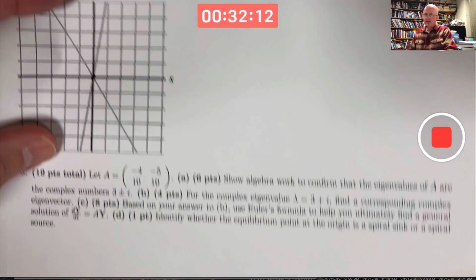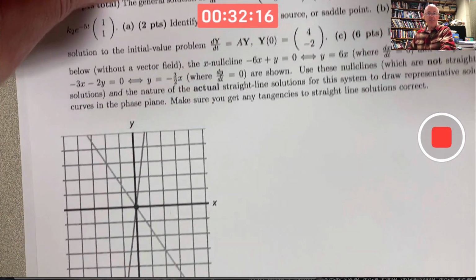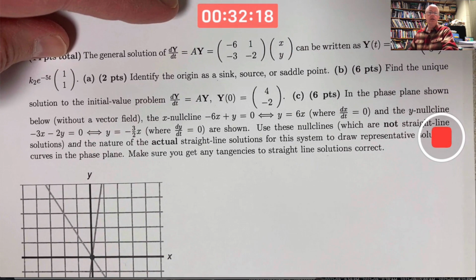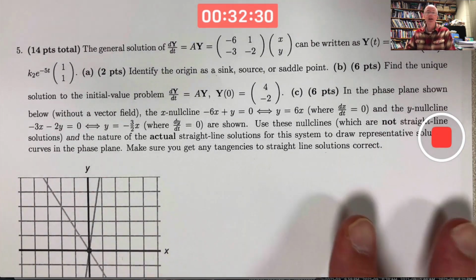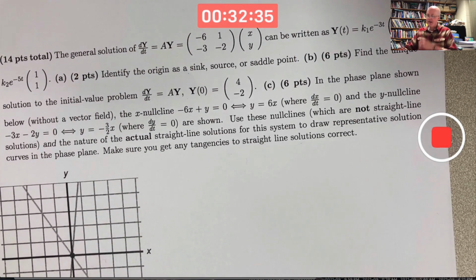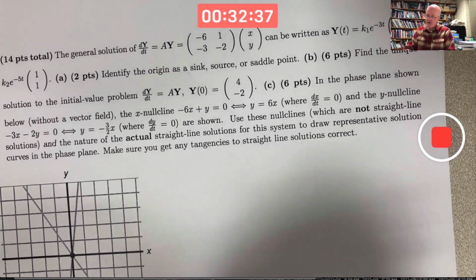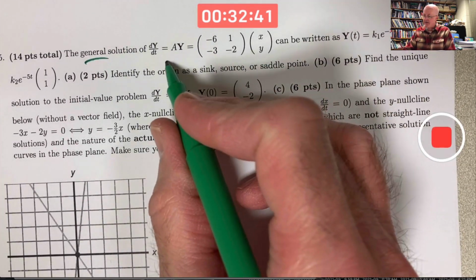This problem is a linear system that involves drawing a phase portrait in the phase plane. Giving students a little bit of help. I mean, the things I'm telling them in the first sentence here are things they and you should be able to find, but to save time and to save mistakes and to make the grading go easier, I tell them the answer here. The general solution, or a general solution I really should say, of this linear system can be